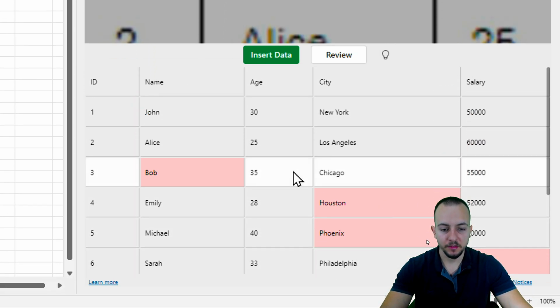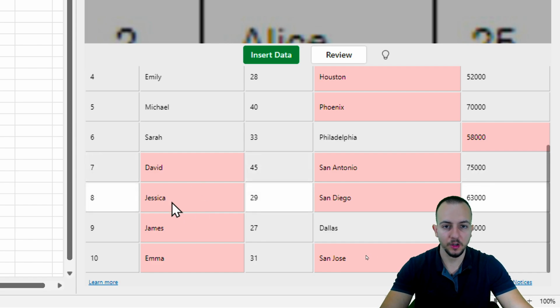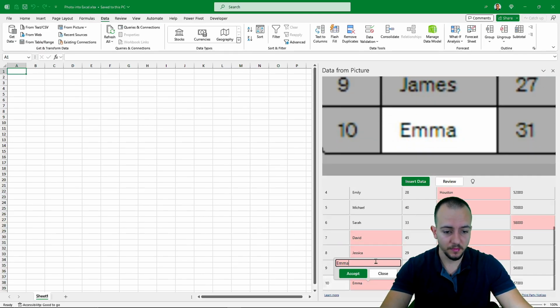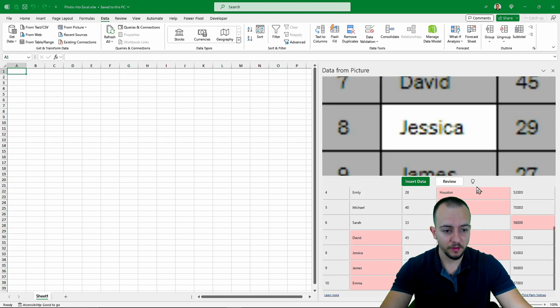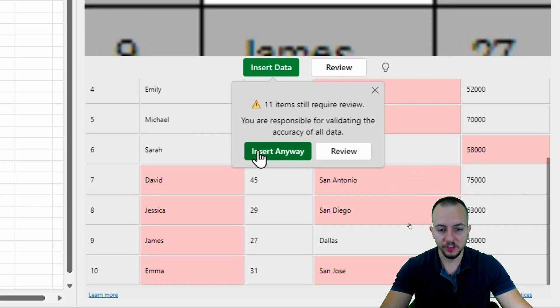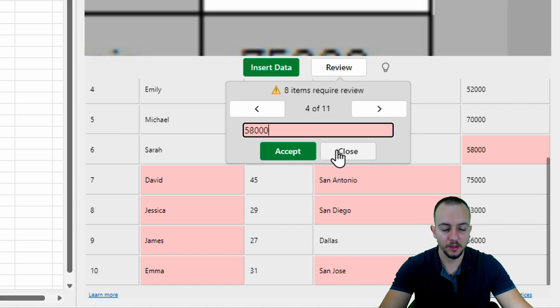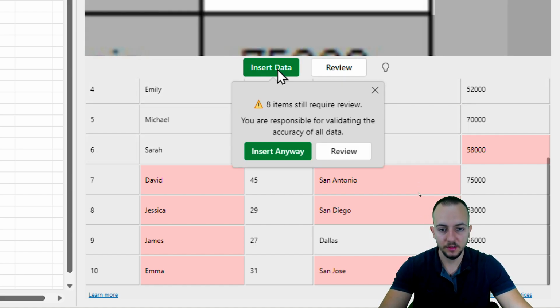on. And even though I have some cells highlighted with this reddish color, it doesn't mean that it's wrong. It just means that Excel has low confidence about the content within the cell. Okay, so that's it. I can click the cell, and then I can check if everything is correct. And as I can see, yeah, everything is correct, 100%. So I can click Insert Data now, and I can insert anyway, or as we did before, I can click Review to review all the 11 reddish cells to make sure the content within the cell is correct. So I can click Accept, Accept, Accept, or I can click Close, and then Insert Data, Insert Anyway,